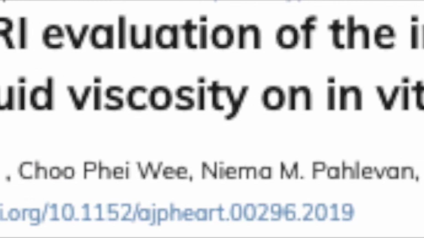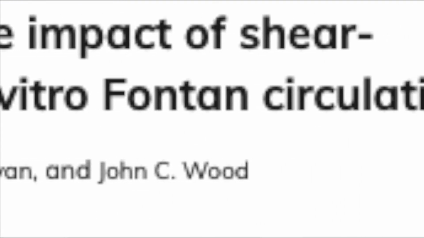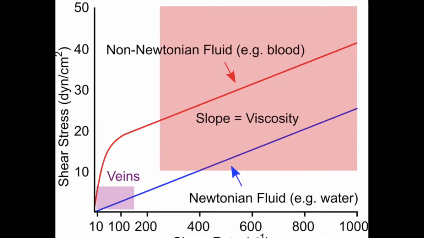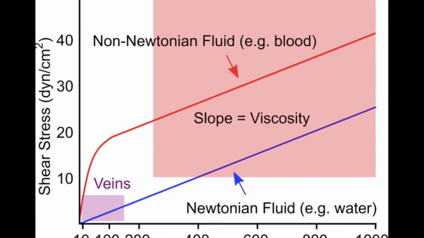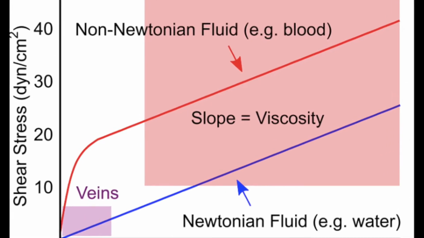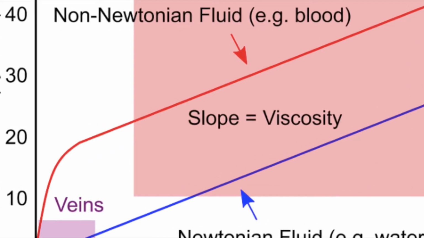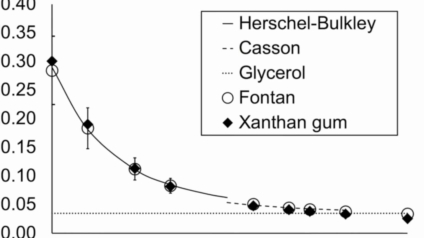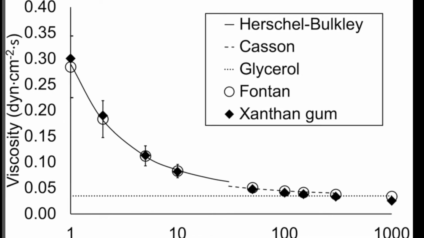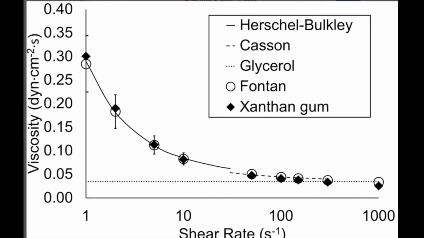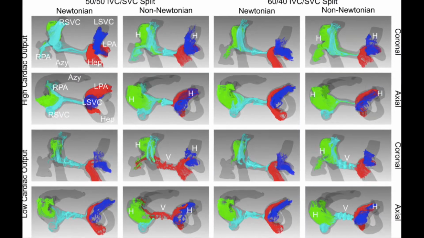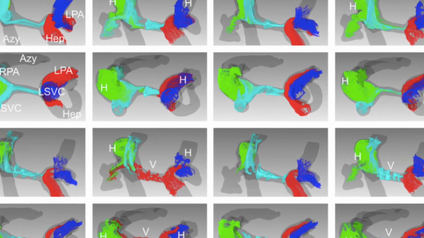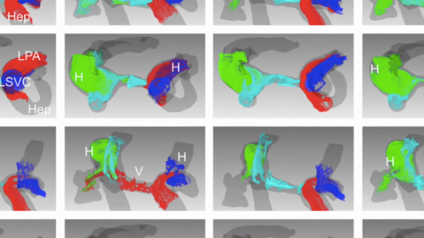Cheng and co-workers evaluate the role of shear-dependent non-Newtonian blood viscosity in the Fontan circulation. They studied three-dimensional printed Fontan models in an in vitro flow loop. A four-dimensional flow phase contrast sequence was used to acquire a time-varying three-dimensional velocity field for each experimental condition. The primary outcome, power loss, was significantly higher with the Newtonian fluid. The Newtonian fluid also demonstrated marginally higher right pulmonary artery flow, marginally lower shear stress, and a trend towards higher caval flow mixing. Outcomes were modulated by Fontan model complexity, cardiac output, and caval flow ratio.